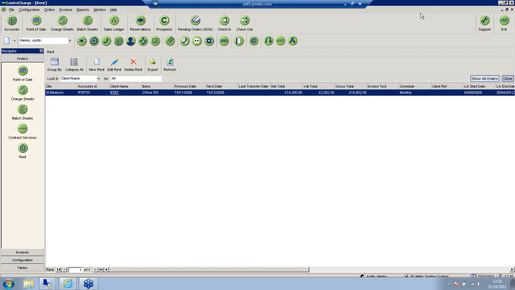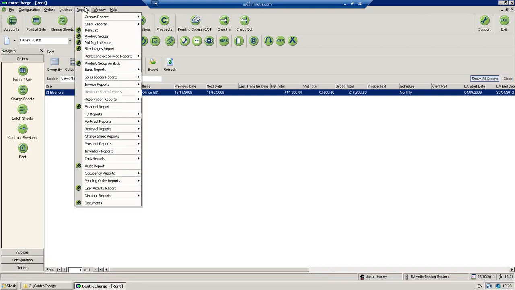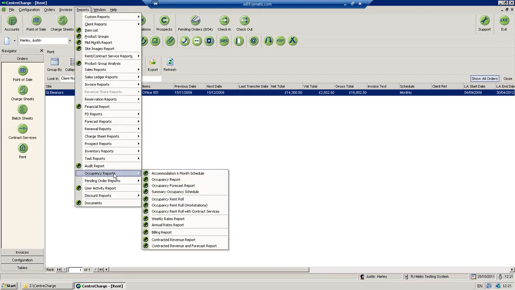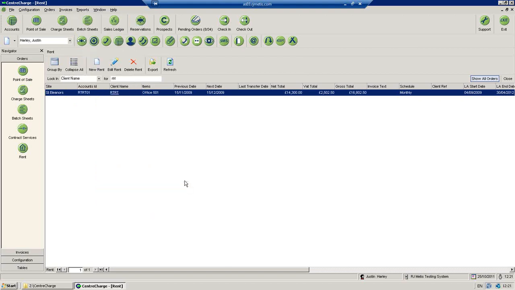Fantastic. Okay. So once we've made sure that all of our square foot, our workstations are correct, and our client orders have all got a start and end date, the pricing's correct, and making sure that all clients are in the right rooms, then we can go on to run a few different occupancy reports within the system. If you go to Reports, Occupancy Reports, and then Occupancy Forecast Report,